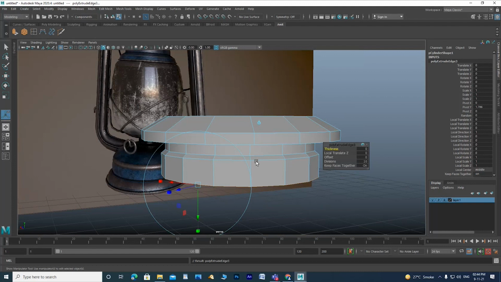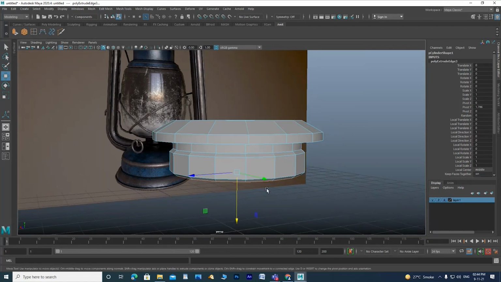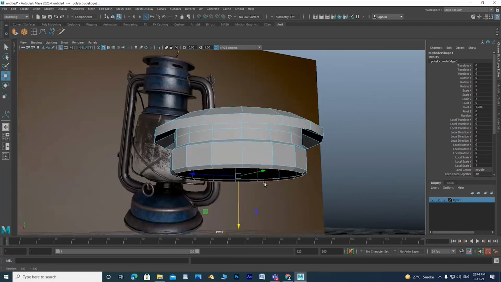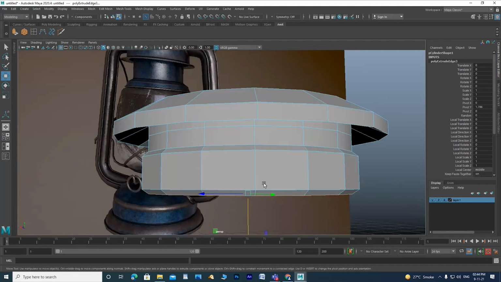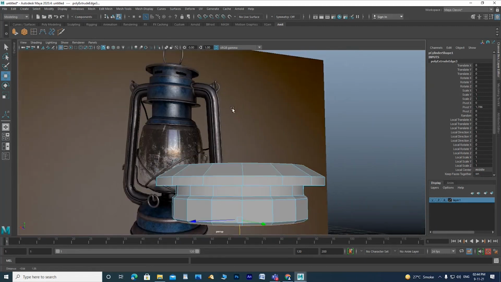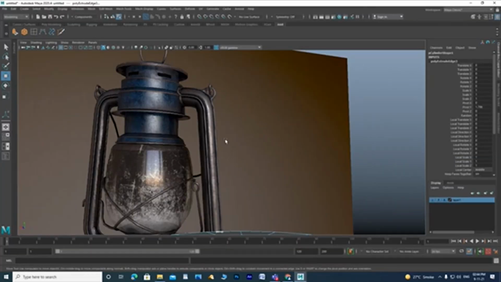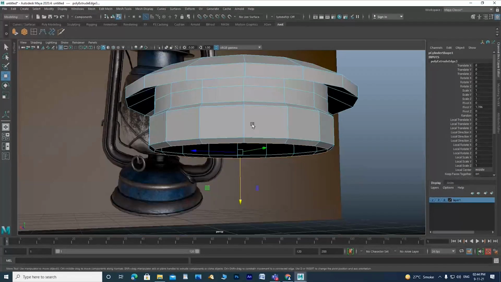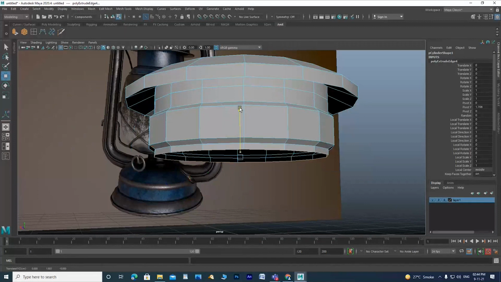Then again press G to repeat the command. Scale it down, lower it down. G again, scale it up.